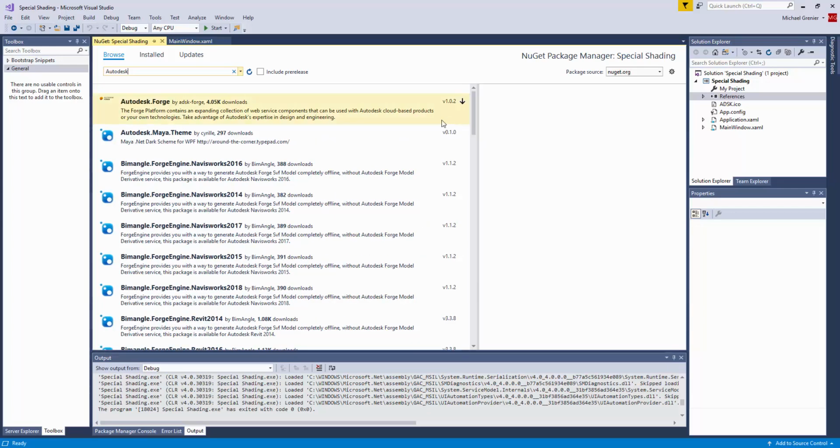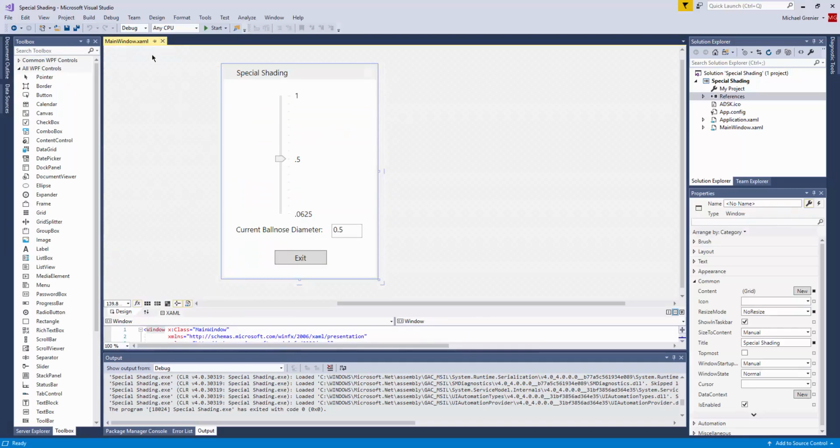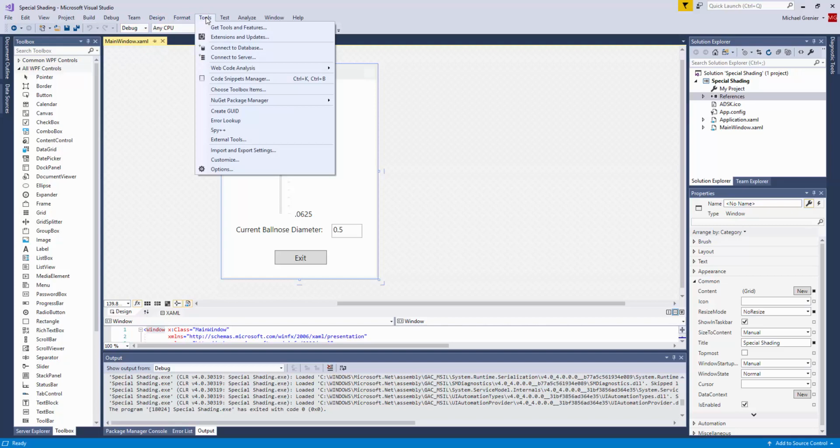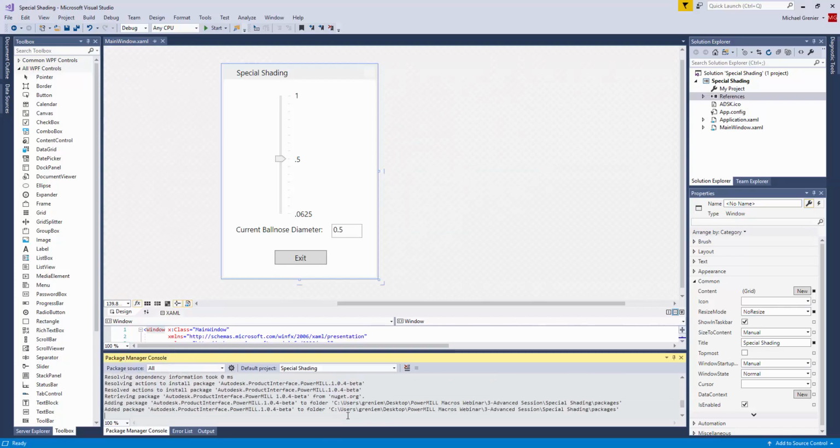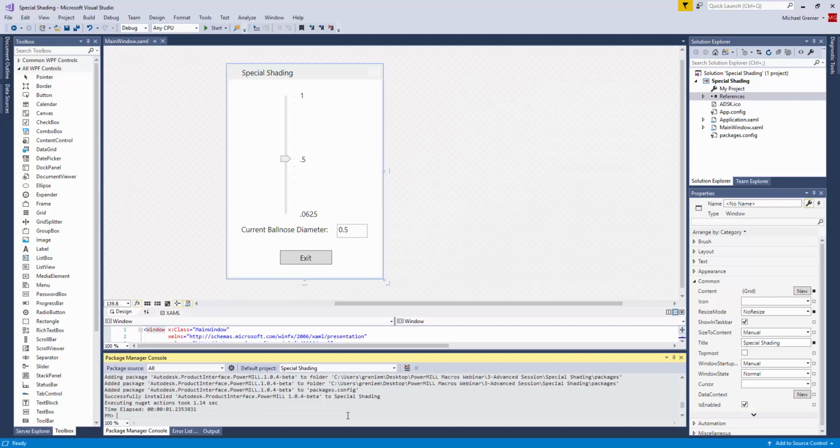I don't see it on my computer, so I'll go a different way. I'll close this, and then we can go to Tools, NuGet Package Manager, and Package Manager Console. And this is where we will be able to paste the command that we've just copied from the internet. And then I can simply hit enter, and everything is going to be downloaded and installed for me,